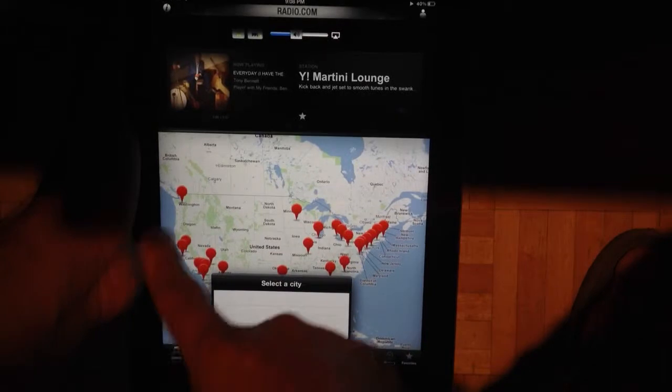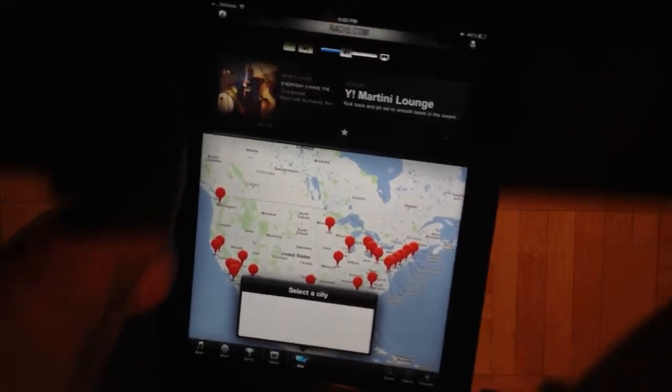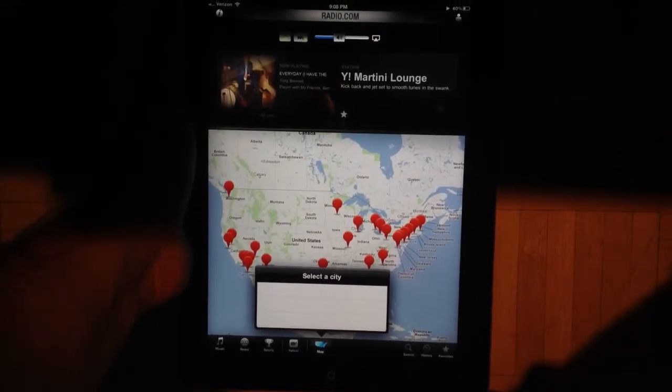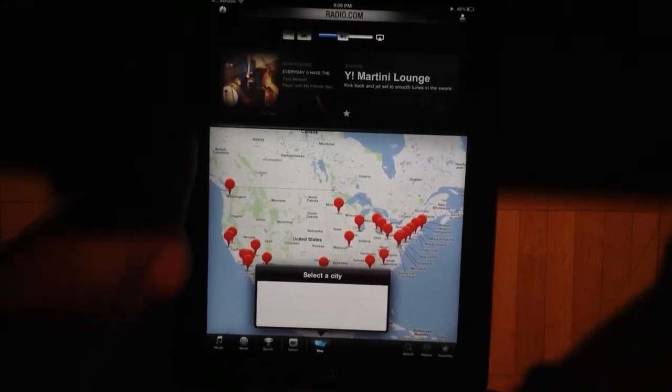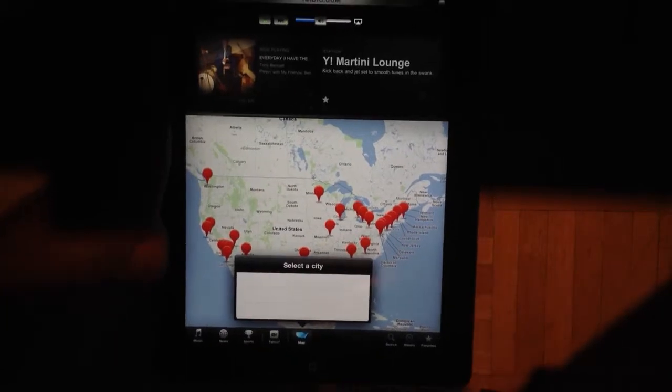Okay. Over on the bottom again, I'm going to click on this map. This will show the stations in a map form. Not very useful unless you're looking for a station that you know is in a certain city. Maybe you used to live in California and you live in the East Coast now, and you're looking for that station you used to listen to. That's really what this would be for. As far as looking for music by genre, I would suggest using that categories section under the music section that